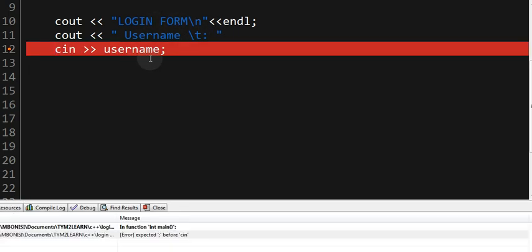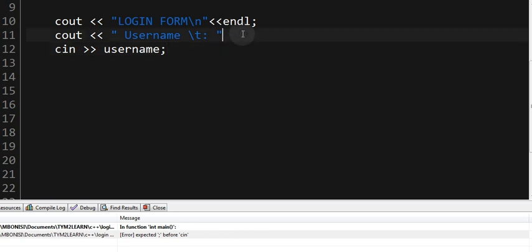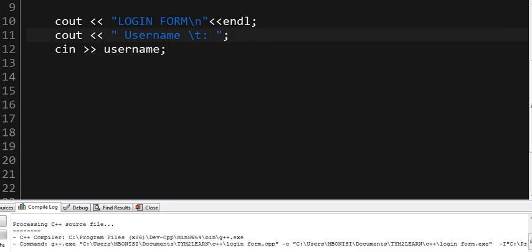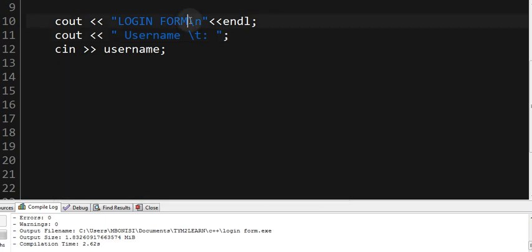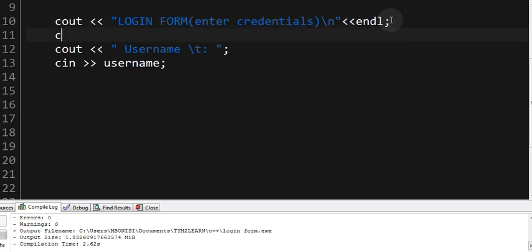Let me just compile and run. Okay, what's happening? Okay, semicolon here. Let me just compile and run. So it's going to say, okay, login form, right? Username, then you're going to enter information, right? So login form, enter credentials. I don't know if that's how to spell credentials, right? Just like that. Then I'm going to create another cout statement, right,